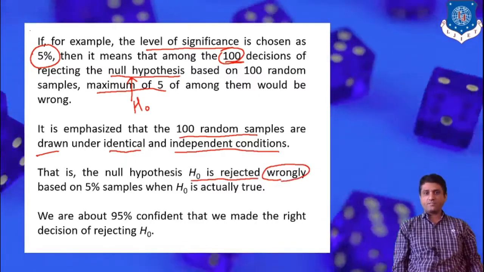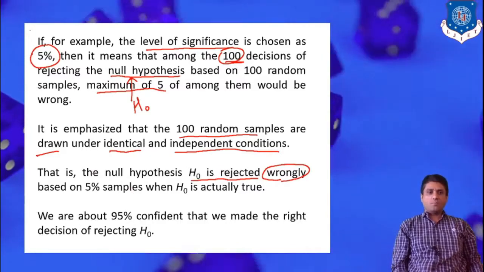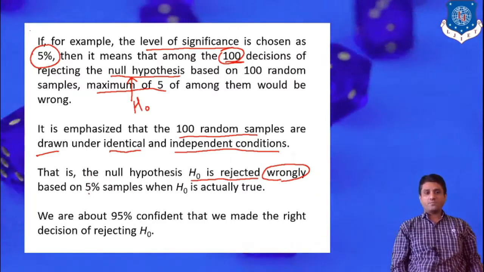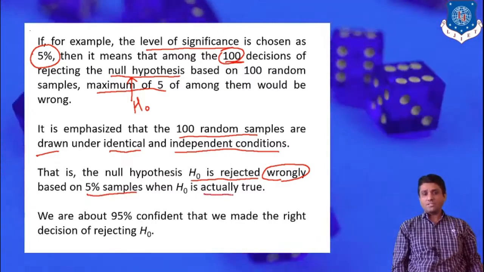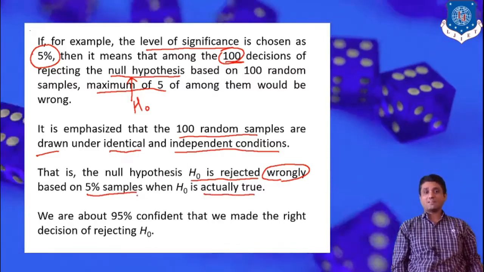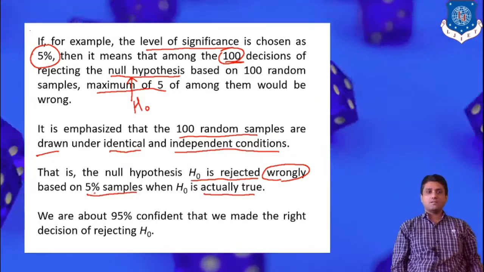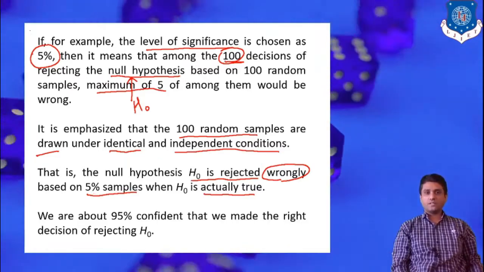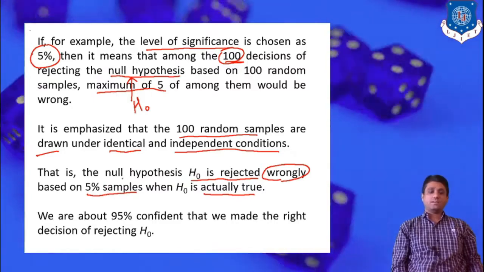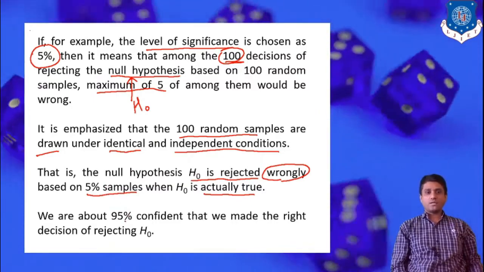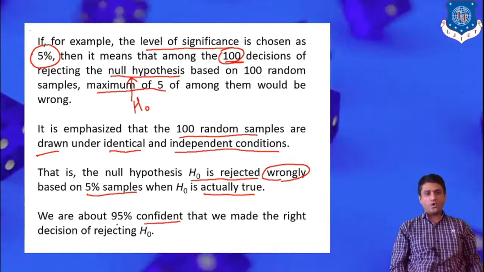See carefully this. We have to reject the null hypothesis wrongly based on this particular random sample, that is 5% sample where the null hypothesis is correct. So these are the meaning. Now we have to consider 5% level of significance, that is in the context of this 100 random sample, 5 wrong decisions are allowed. Alternatively we can say that the level of confidence, that is we are sure,